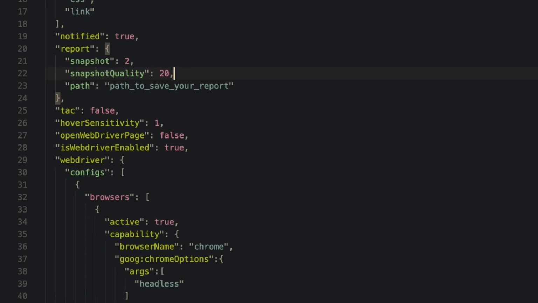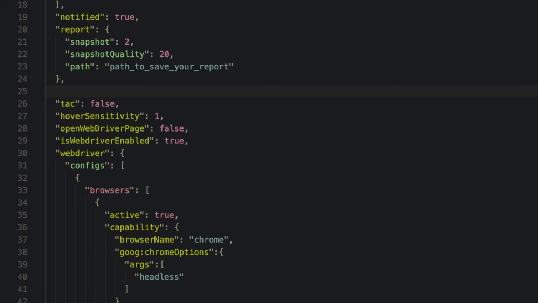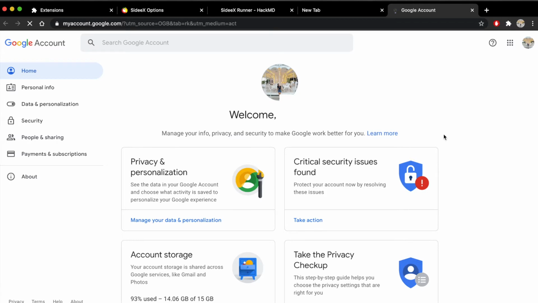However, if you want to set up other notification channels, such as email, Slack, or Line, you can add them in this file too. For the email notification, add a key named mail. I'm using the SMTP server of Gmail in this example. You can pretty much copy and paste these configurations into your file. Change the user to your own Gmail account and change the path to your app password.